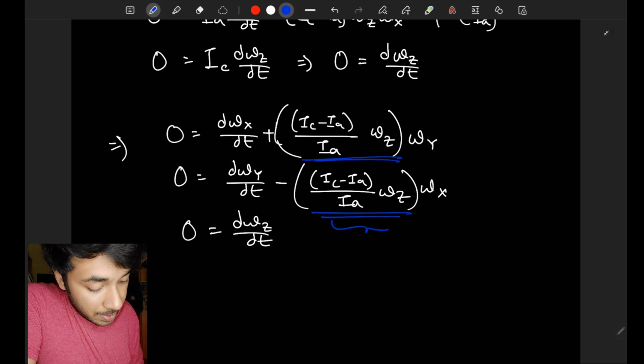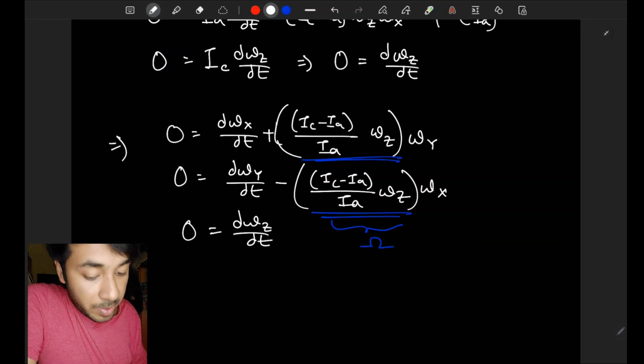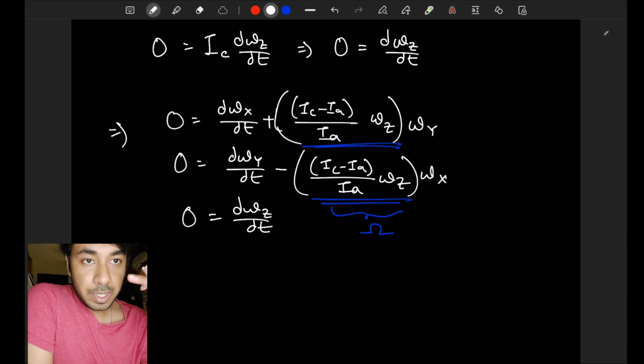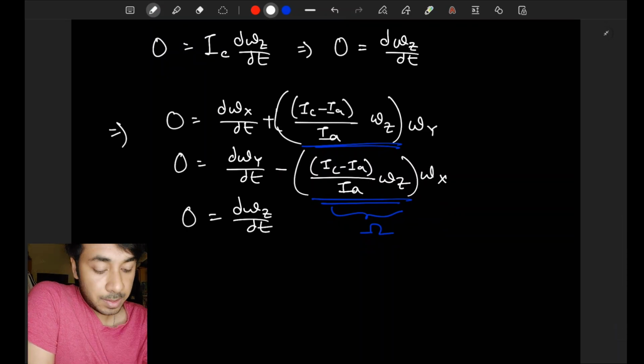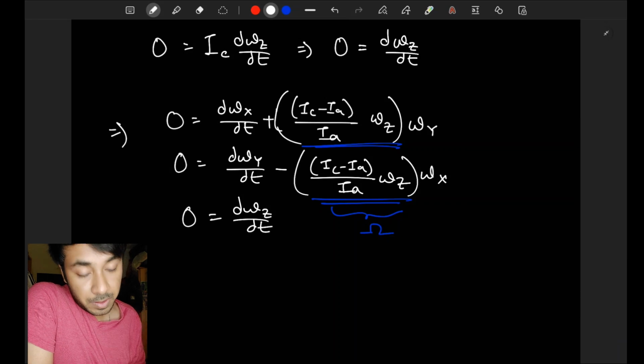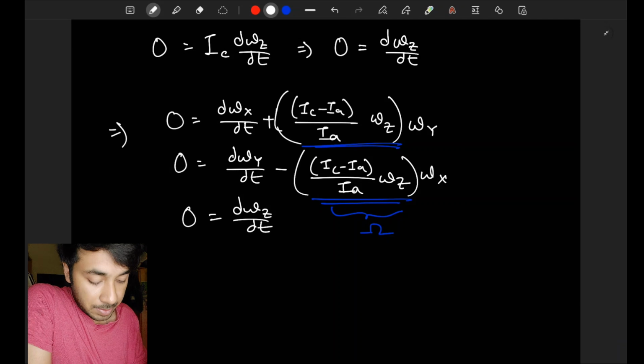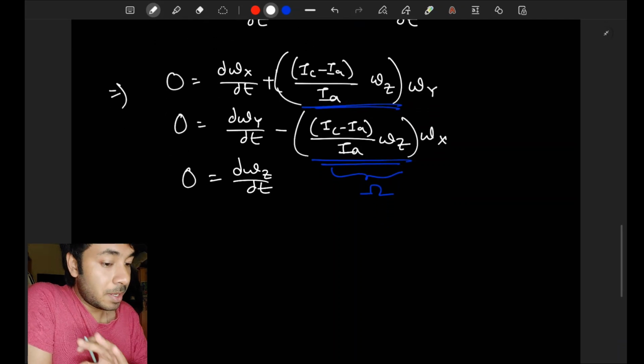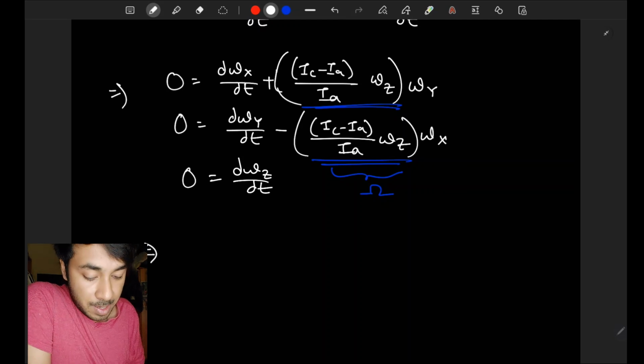These two, as you see, are the same here, so you can call them bigger omega just for simplicity. And what you see is that there are three differential equations in this case. Of course, the third one is kind of understandable, since it is 0, it is conserved, it's a constant. But the other two, when you solve them, I will not solve it right now in steps, but what you